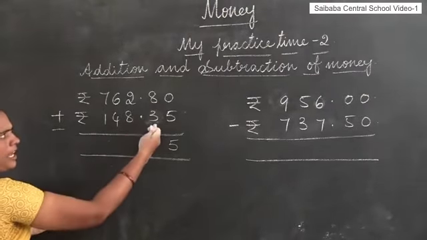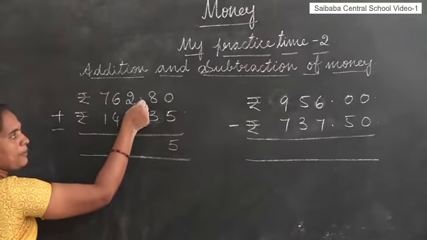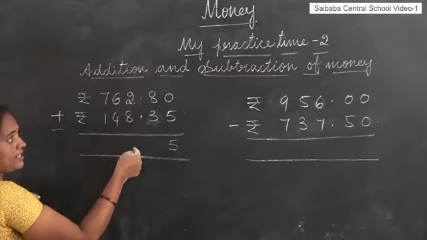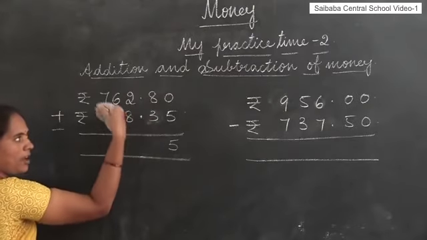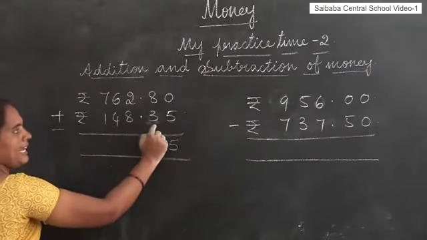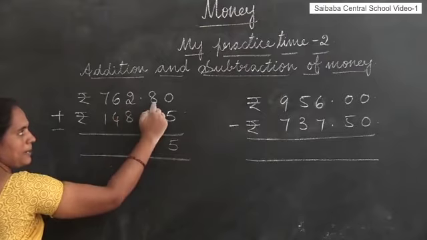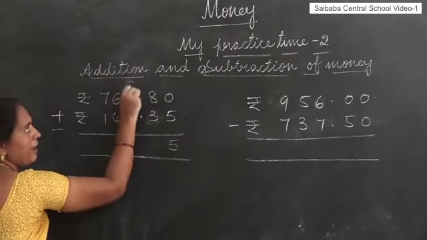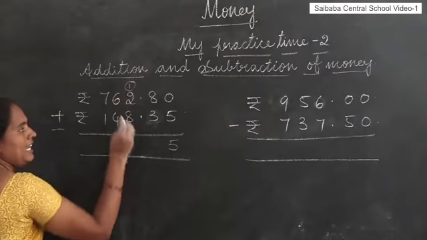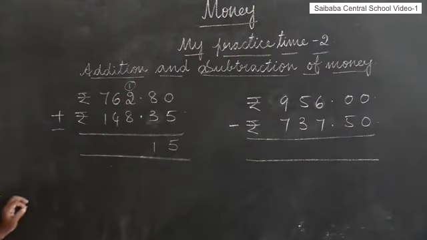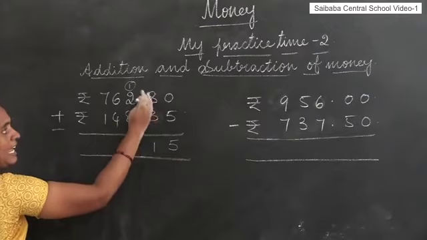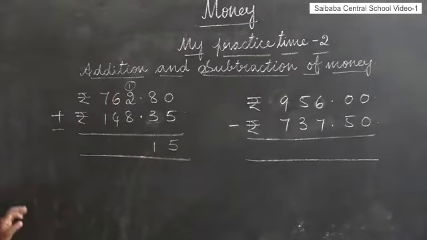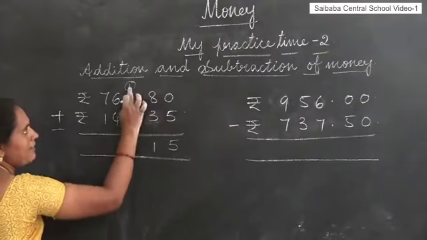Here also the same. If you get a carry, don't think about the point. Whether we have to write the carry in the next place or not, don't think like that. Like normal additions only, if you get the carry, write it in the next place. Now 8 plus 3, 11. In 11 what is the carry? 1. Carry 1, write in the next place, and 1 write in the same place.